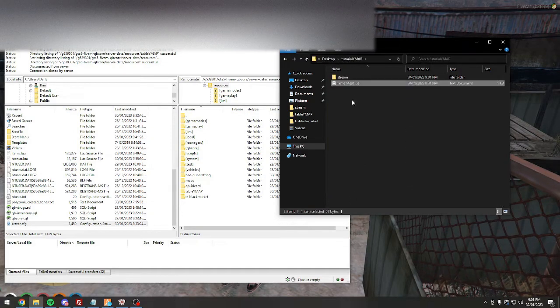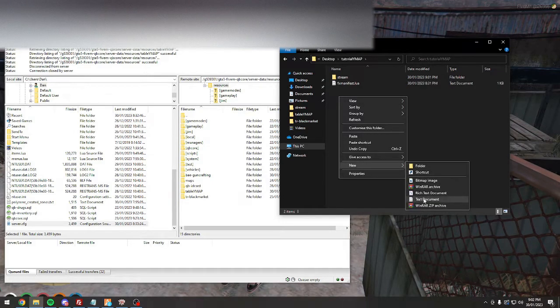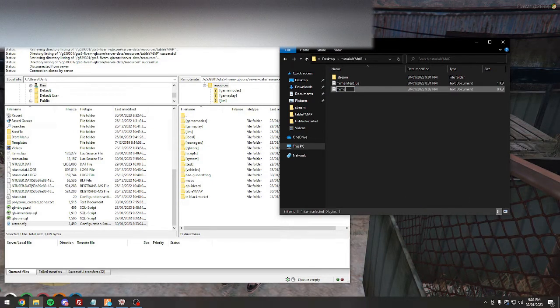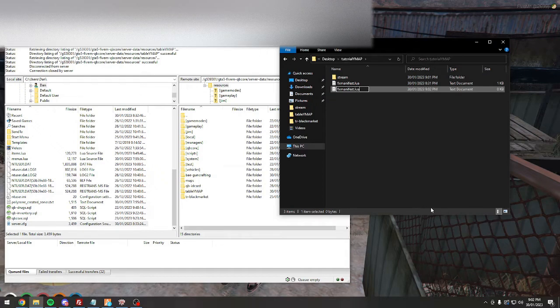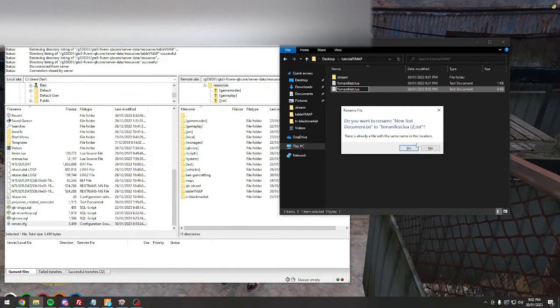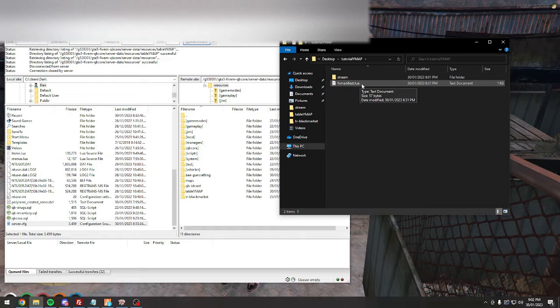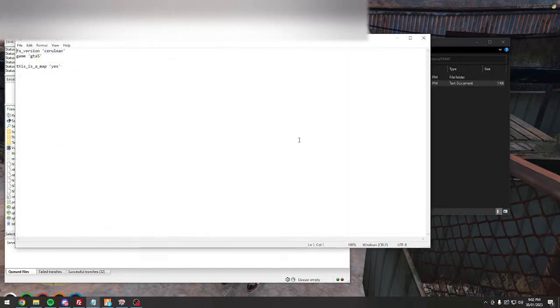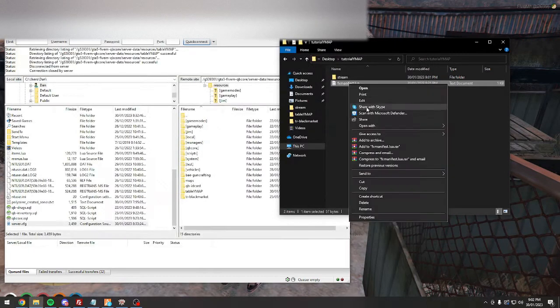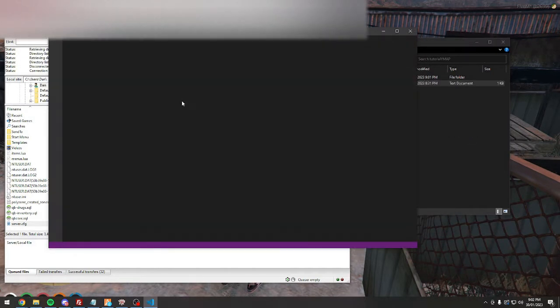So we're going to copy that from here, but pretty much to make one, all you'd have to do is go new, type in fxmanifest.lua. That's pretty much all you have to do. And then just make sure it doesn't say .txt. Make sure it doesn't have that because it's a text document. But if you were to open this, if you were to open it with